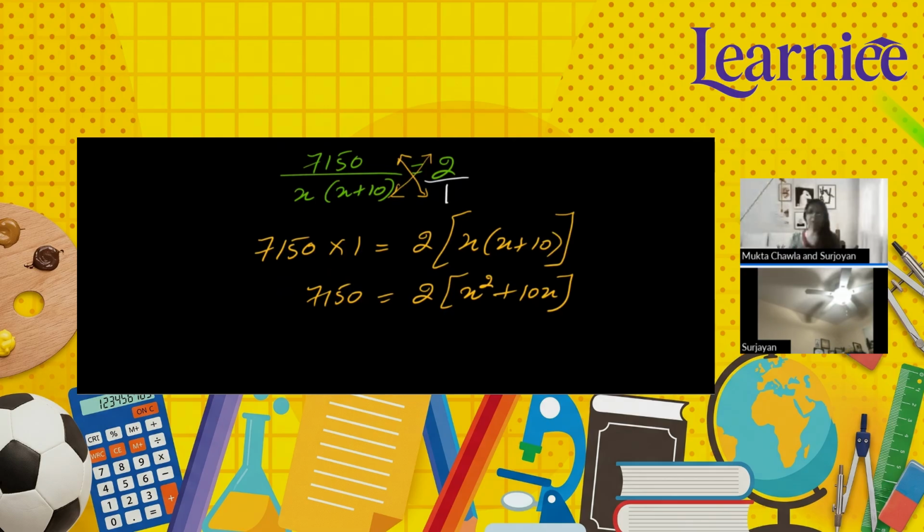Because if I multiply the whole bracket with 2, the calculation would become more complicated. Better I divide 7150 with 2, right? And it's interesting. I think these questions are very interesting, right? Yes, such types of questions are generally fun. But once you get the concept, it becomes easier and interesting.